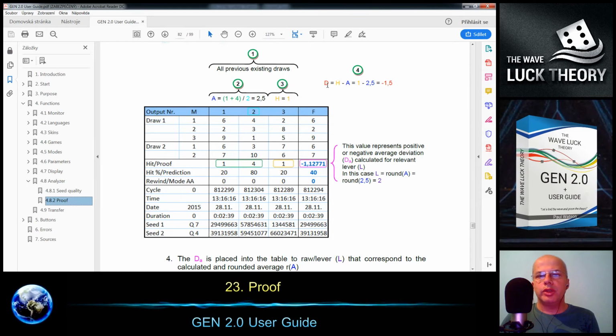So we are calculating the deviation, which is equal to the last hit minus the average of the previous draws. So D is equal to H minus A. In our case it is 1 minus 2.5, which is equal to minus 1.5.